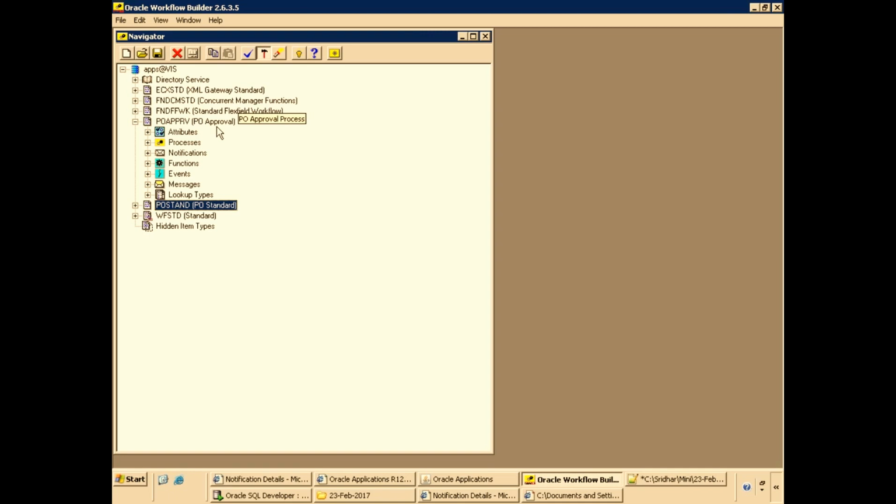Okay. And also one more thing, when you're working with the workflow, always have a backup of the workflow of your target instance also. Before uploading your workflow, download the existing workflow just for backup purposes. WF load download and then WF load upload. So always provide 2 commands to the DBA so that you always have a backup of your existing workflow in the appropriate instance.